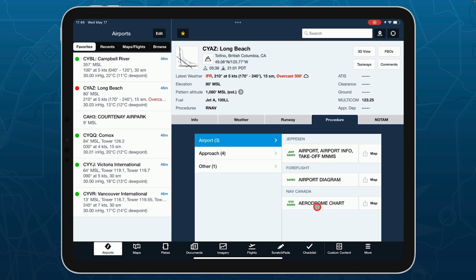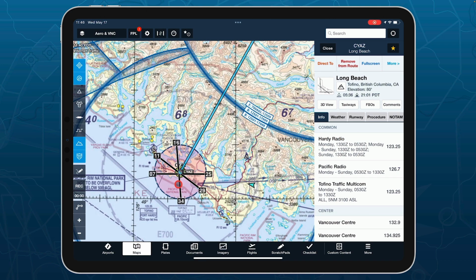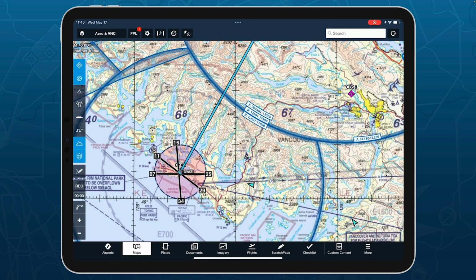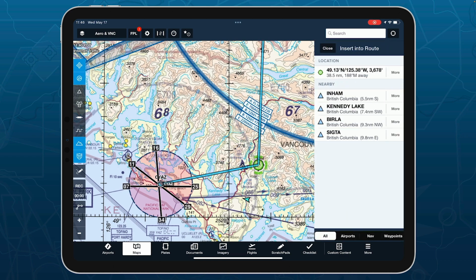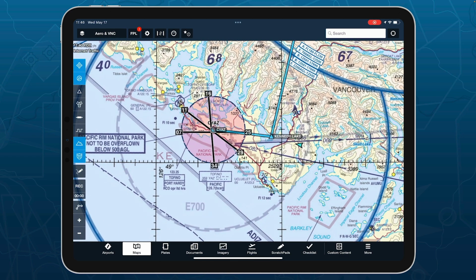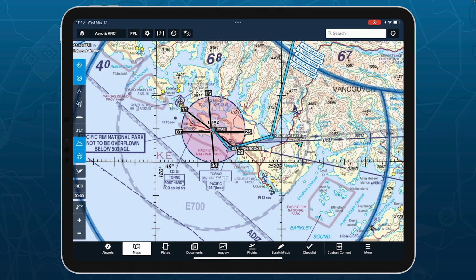So I'm going to go and take a look at the airport information for Tofino. And I see there's some VFR waypoints here. So I'm probably going to descend and go maybe via these waypoints here to land into Tofino. So looking at the CFS here is useful for that information. So I'm now going to rubber band my route to these waypoints to make a more realistic descent profile for my route. And that's going to reflect in the profile view